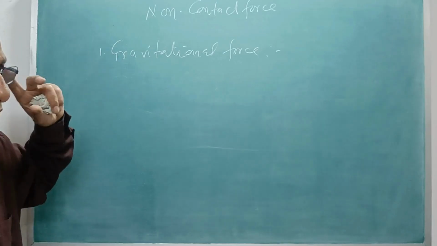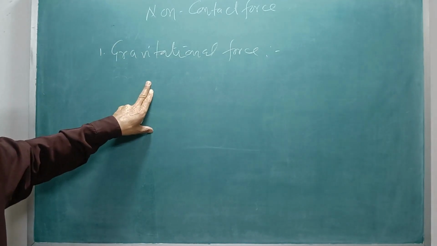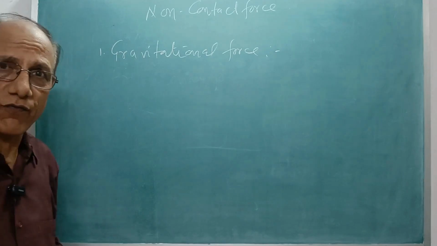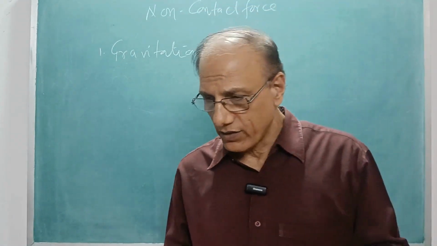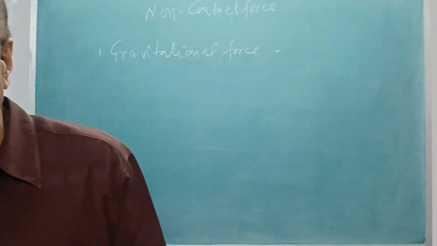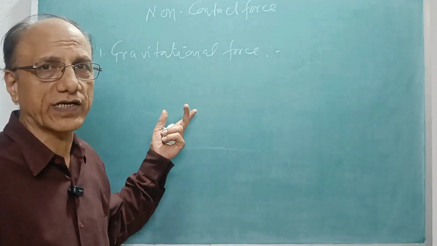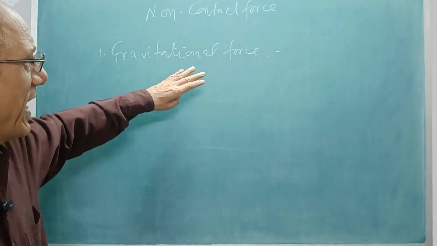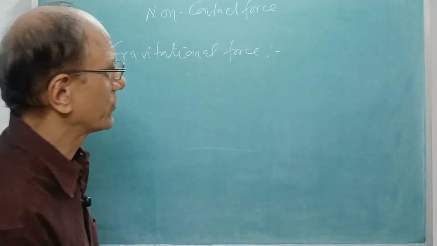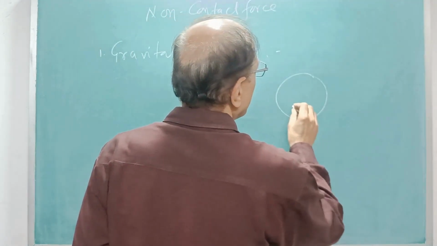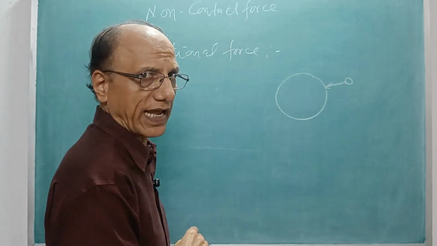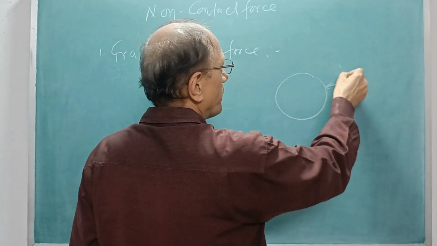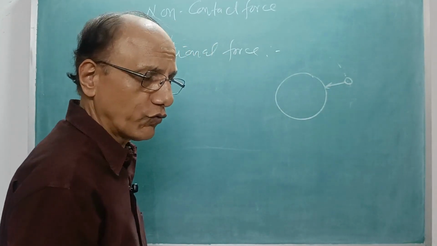And now the question will arise in your mind that why all the bodies are falling toward the earth? Why the satellite is not falling towards the earth? It is because of the centrifugal force that we will study in motion chapter, and because they are balanced. So this is the earth and this is the satellite. So earth is attracting this satellite, but since it is moving in a circular path,